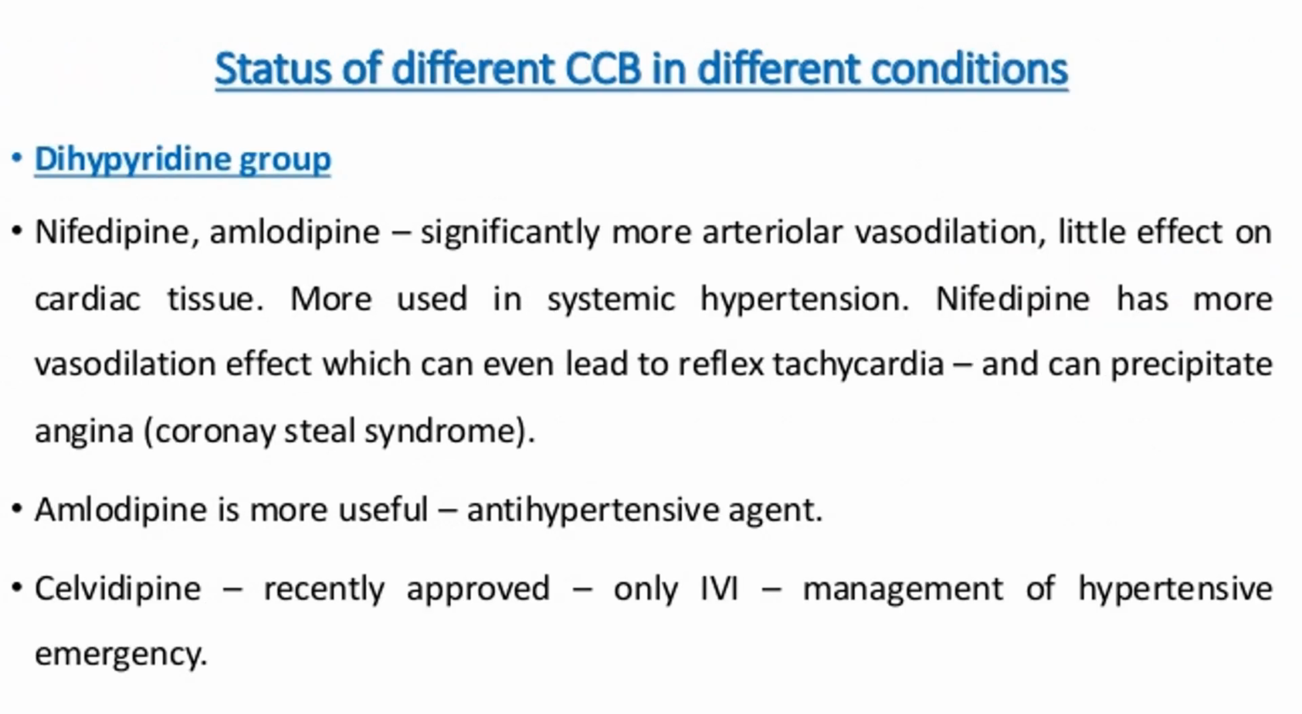Now we have different calcium channel blockers, so we have to see which type of drug is given in which type of condition. So what is the status? Now we have the nifedipine and amlodipine. It is significantly used for arteriolar vasodilation and it has little effect on cardiac tissue, so it is more used in systemic hypertension. Nifedipine has more vasodilation effect, which can even lead to reflex tachycardia and can precipitate angina or